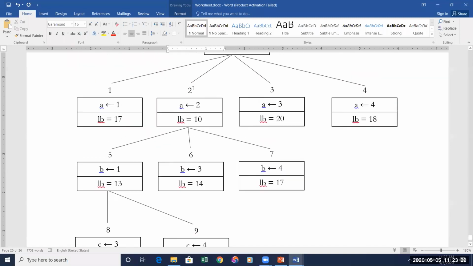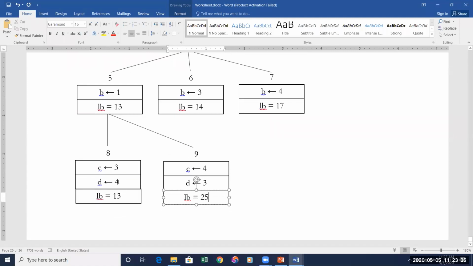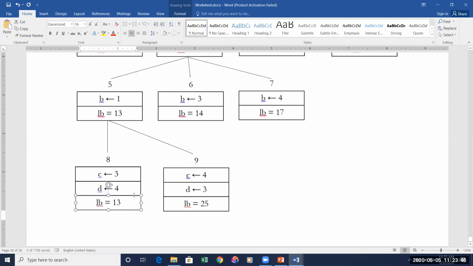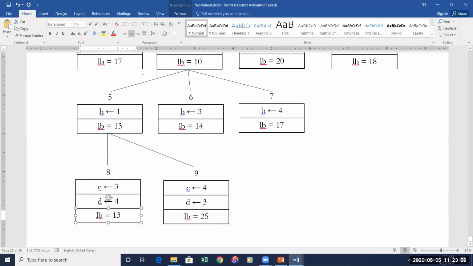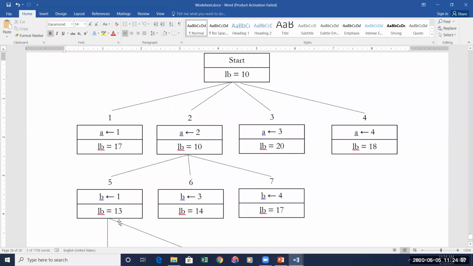Okay, so all are allotted. A is allotted with job number 2, B with job number 1, C with job number 3, and D with job number 4. Now you are at the end of the level. Now check all the leaf nodes once again. These two are leaf nodes, and this one, and this one. Every leaf node you are supposed to check, and whichever leaf node has the minimum value, you have to consider that. Which has the minimum value in this example? Node number 8 has the minimum value. You can choose this as the promising solution.